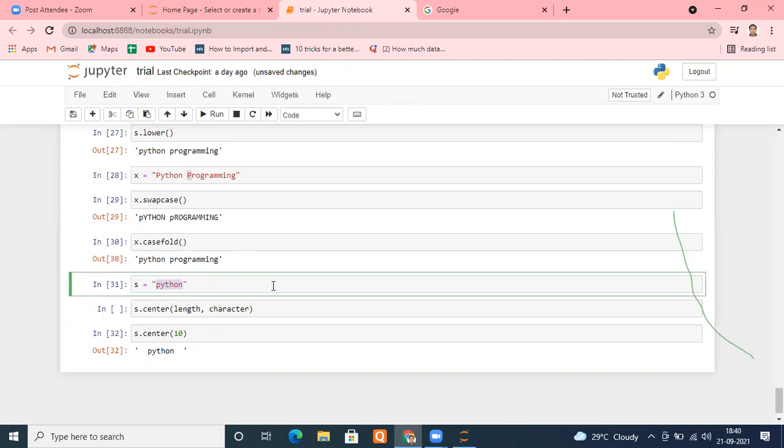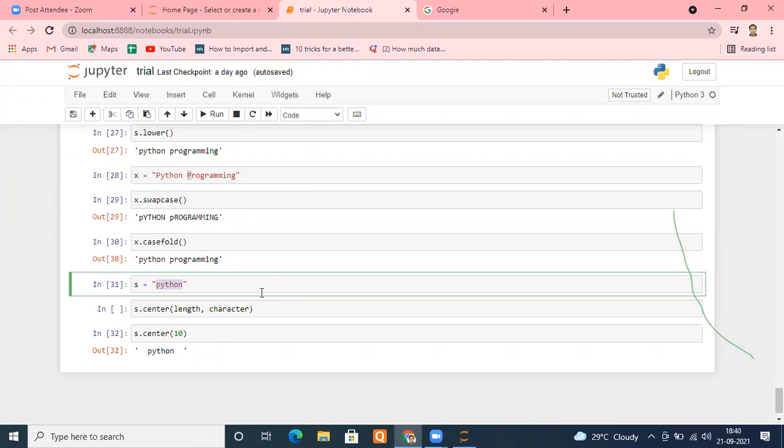So what center has done is take your 6-character string and convert it into a 10-character string, and place your Python into the center of that 10-character string. In the exact center it is putting it.